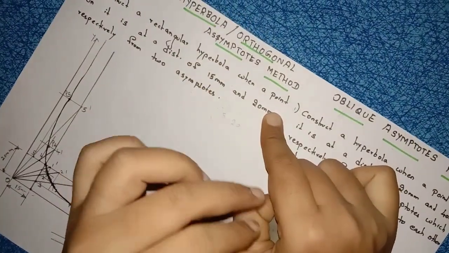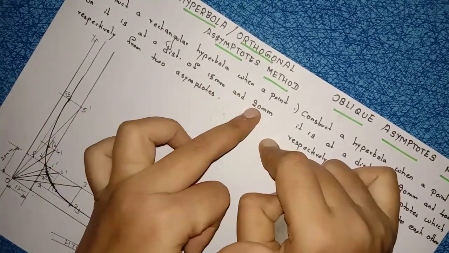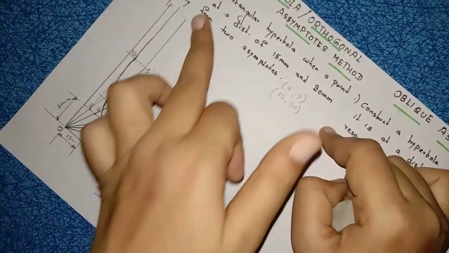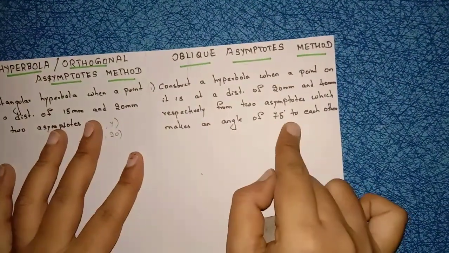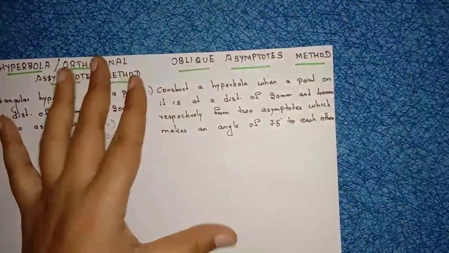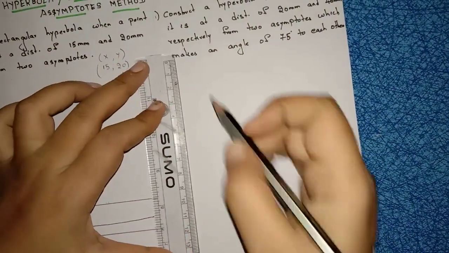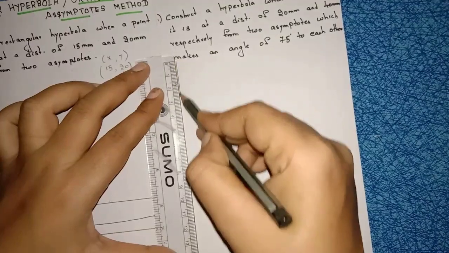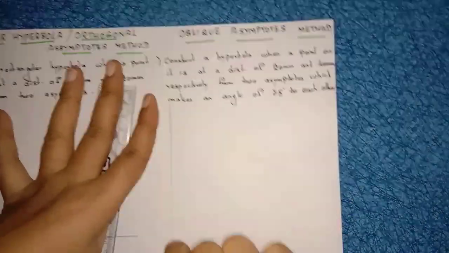We have to assume like it is a coordinate, x coordinate, y coordinate. On x-axis 15, y-axis 20, right? So directly I took here angle 90 degrees. But coming to here, they mention the angle 75 degrees to each other, right? So how to construct this one? First of all, as we know, draw the y-axis of any length. So first in this question, okay, we will draw the x-axis first.